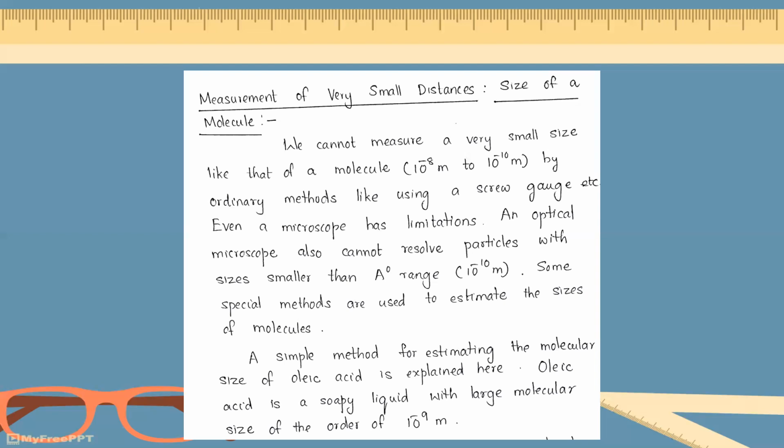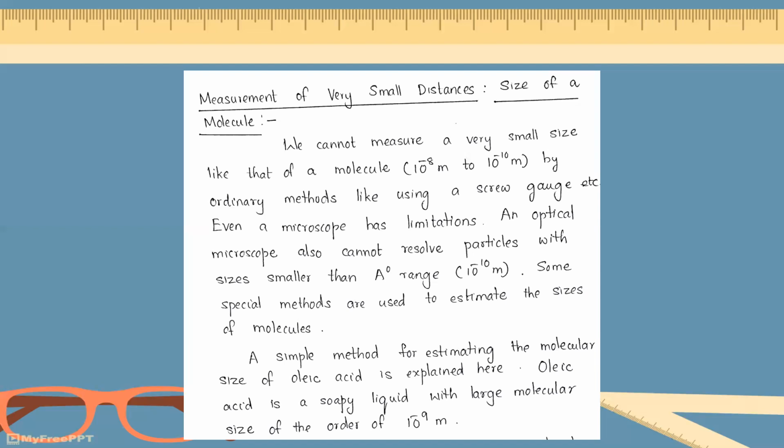You can use this method to find the size of oleic acid. Oleic acid is a soapy liquid with large molecule size of the order of 10 to the power of minus 9